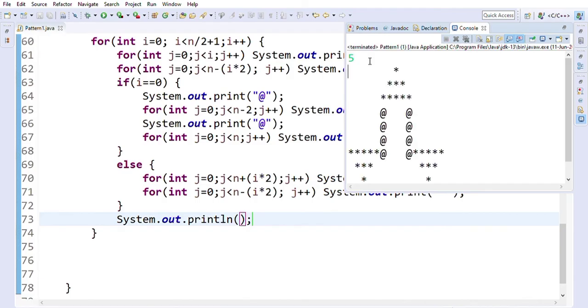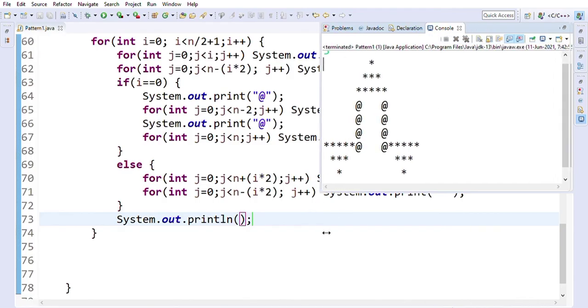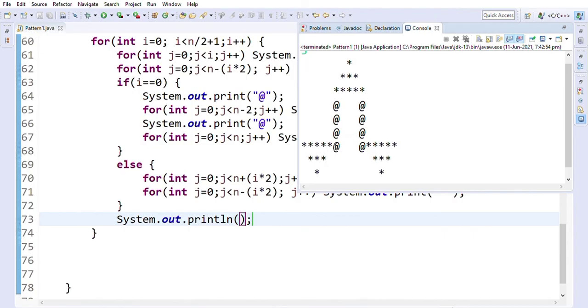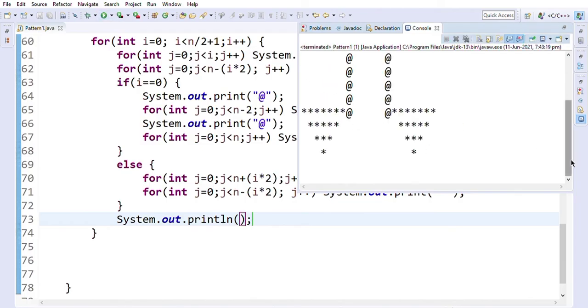For 5 we are getting this output. Again check for n equal to 3. We are getting our desired output, that is our program is correct. Let's check for 7. For 7 we are getting this output.